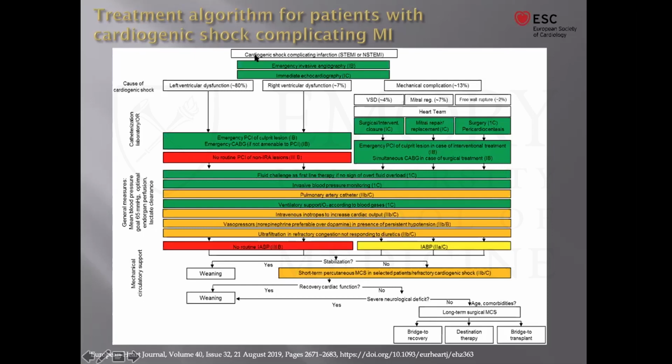recap real quickly, if you get patients with cardiogenic shock after MI, you want to think about getting these patients to the cath lab, getting an immediate echo, differentiating these. Is it LV shock, RV shock, or mechanical complication? The treatment of all these is going to be very different. Obviously, with mechanical, you want to think about revascularization. With power output, with RV dysfunction, LV dysfunction, you want to think about revascularization. With mechanical complications, getting them revascularized can also be helpful, but typically it's not going to reverse this change.